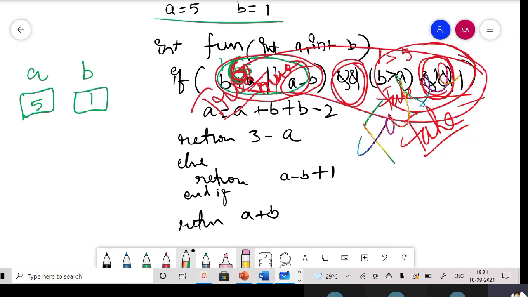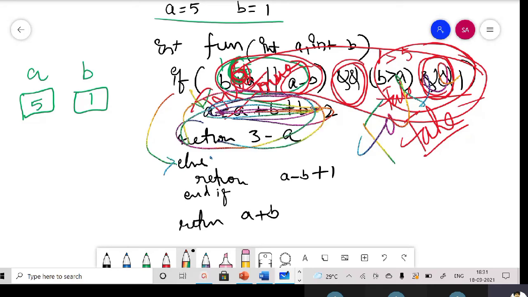So we don't go to A equals A plus B plus B minus 2. This won't get executed. We come to the else part, because the condition is false, so this return also won't execute. This total part is skipped.